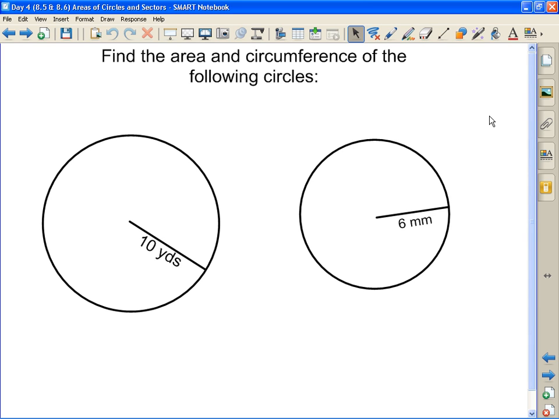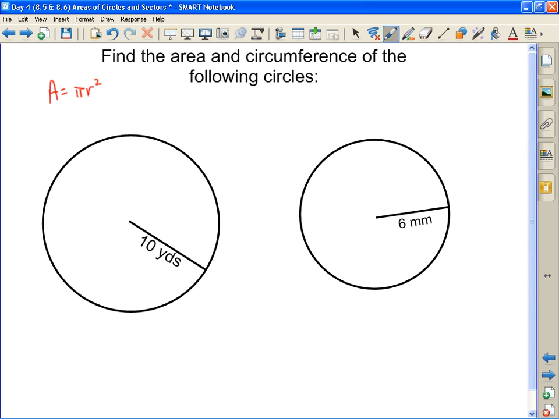This is area of circles and sectors, and so we're going to start by finding the area of each circle and the circumference of each circle. So we need to remember what the formula is for area of a circle. Well, area of a circle is in square units because that's how we find area. Area is always little squares put inside the shape,